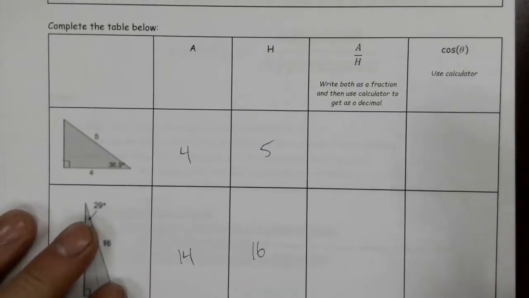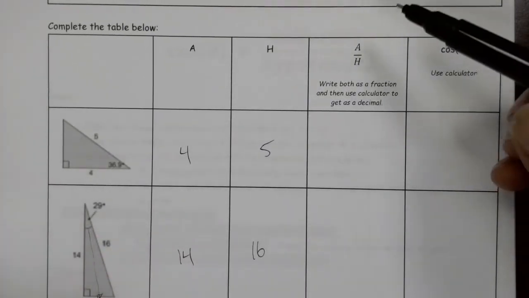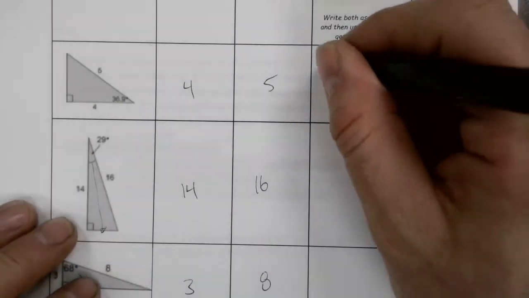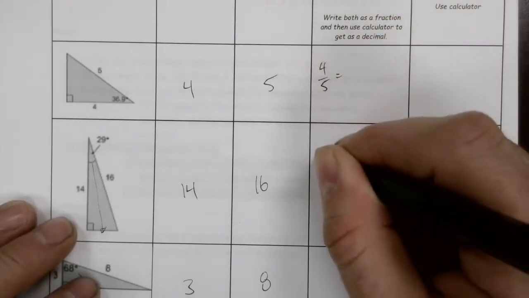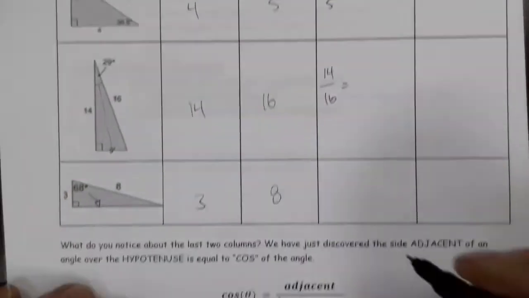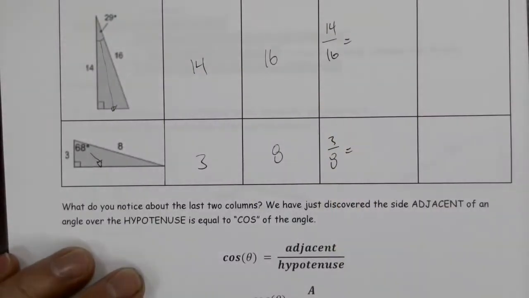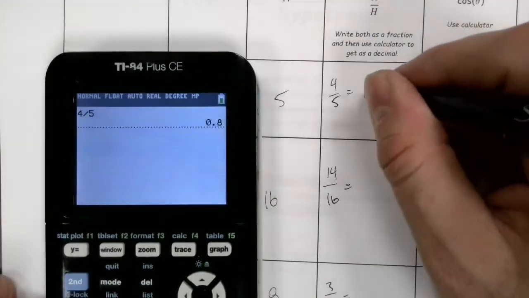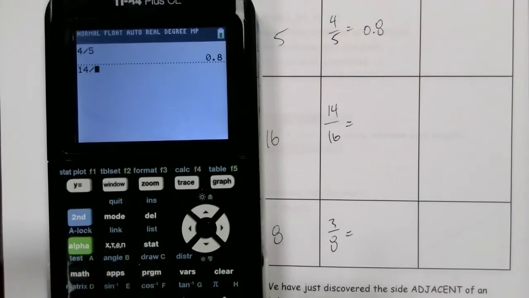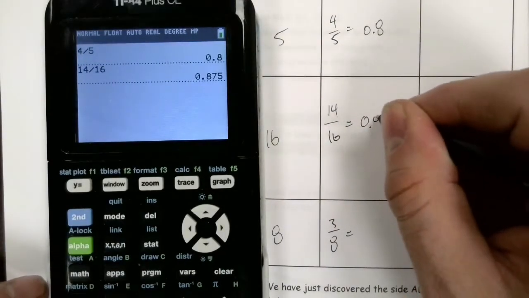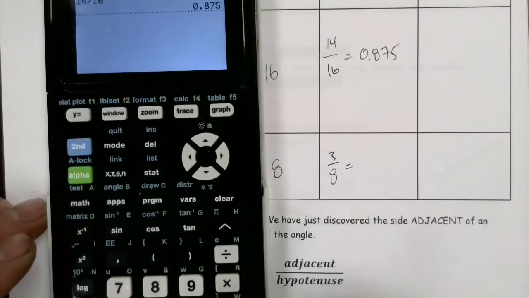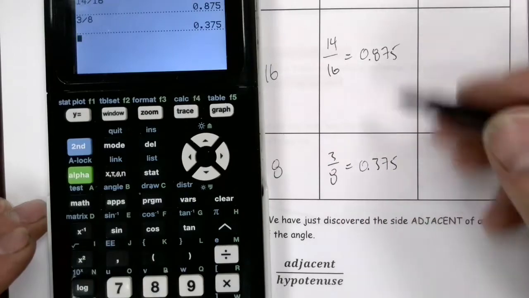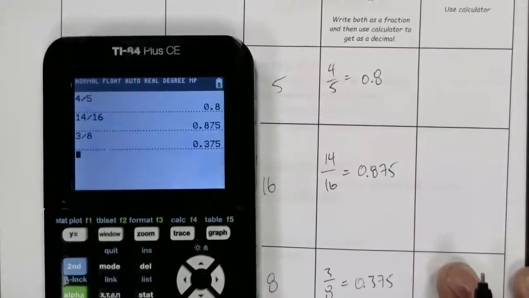So now, in the next column, we're going to write this ratio, the adjacent side divided by the hypotenuse. Okay, so first of all, as a fraction, and then we're going to come up with a decimal for each one. So 4 divided by 5, 0.8. 14 divided by 16, 0.875. 3 divided by 8, 0.375. Normally I wouldn't take these more than the hundredth spot, but now we're going to take